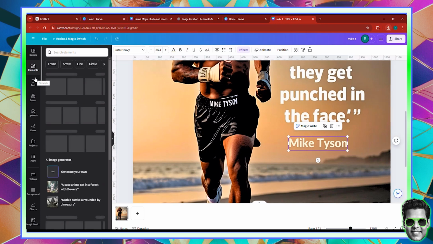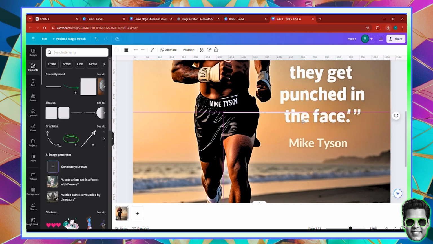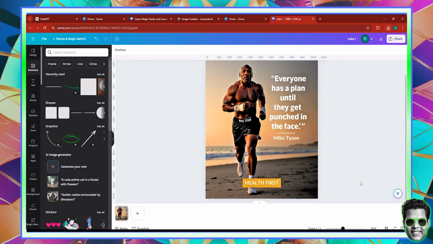And of course, in order to make it a beautiful quote, you can go and grab yourself an element from Canva, which is nothing more than a line like this. And you can take this line, leave it white, and then just place it somewhere like this. But of course, I'm going to reduce the size of this line. I don't want it to be that big. And also, it should be at 0 degrees. And it should be somewhere like that. And you can see that this makes it much better.